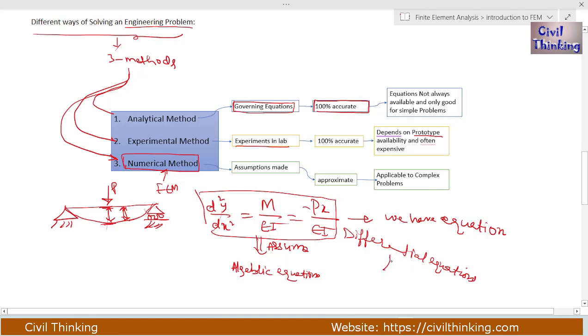into what? Into these algebraic equations. Okay, algebraic equations. By how do we convert? We make some assumptions. Okay, we make some assumptions. Okay, because the algebraic equations, these are very easy, a computer can handle them very easily, okay, but these differential equations are